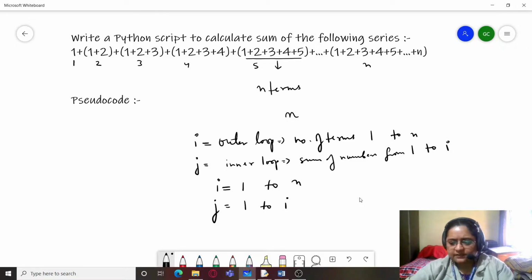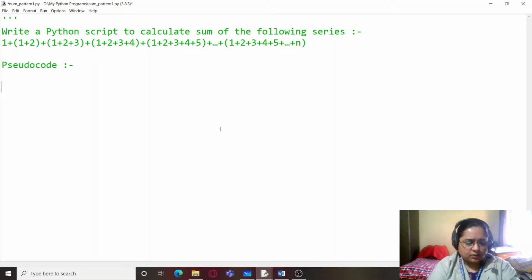As we have figured out the basic logic of this program, we can now write the pseudocode. Our first step would be start. The second step would be taking the values.